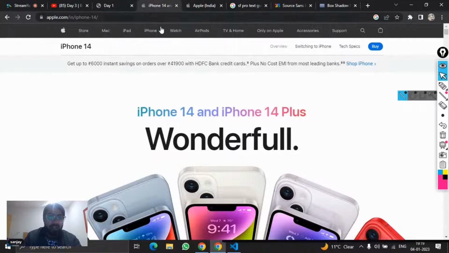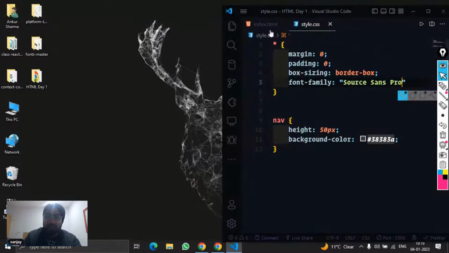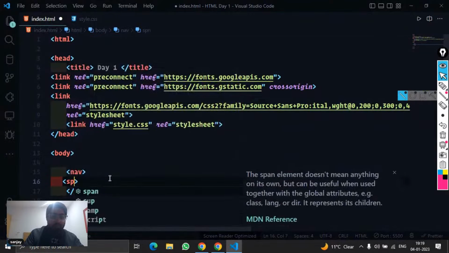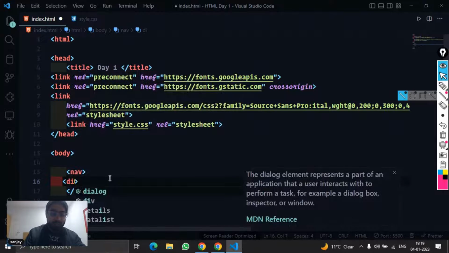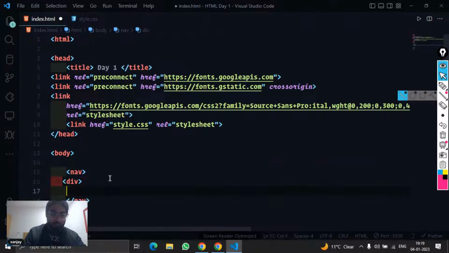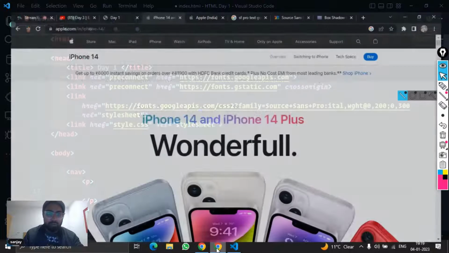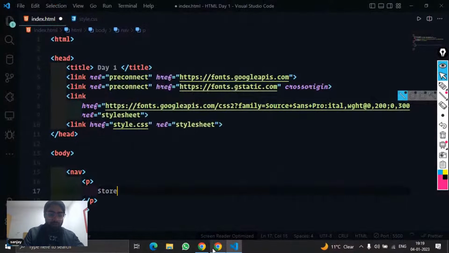Then we have some text here. So let's just get the text inside of this. So inside my navbar, let me have some span. Let's have some divisions. Div like this, or you can also have a paragraph, P. First one was, I think, Store. Store. Second one is